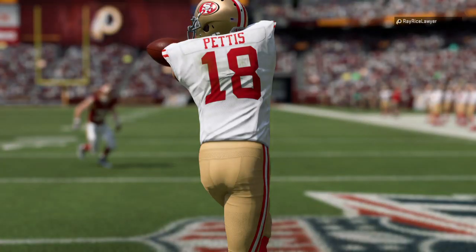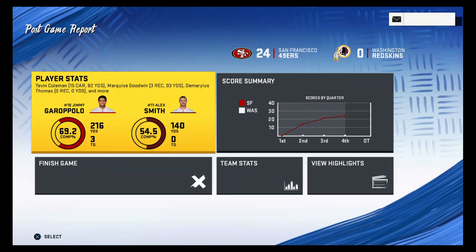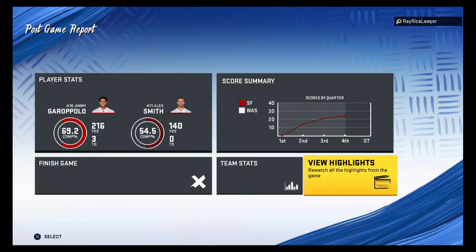What do they call that? A total team effort? I think when it's time to hand out game balls, guys from both sides will end up getting one. So for the 49ers,